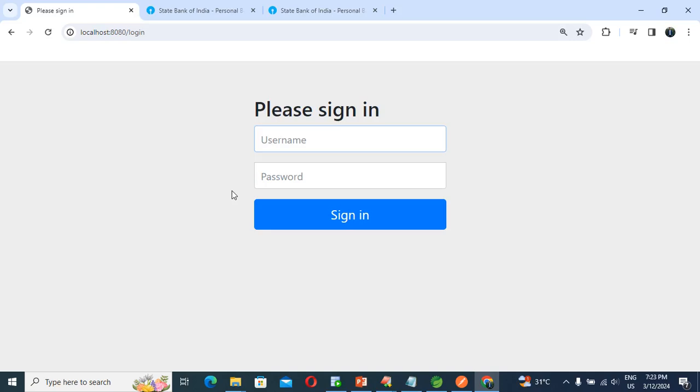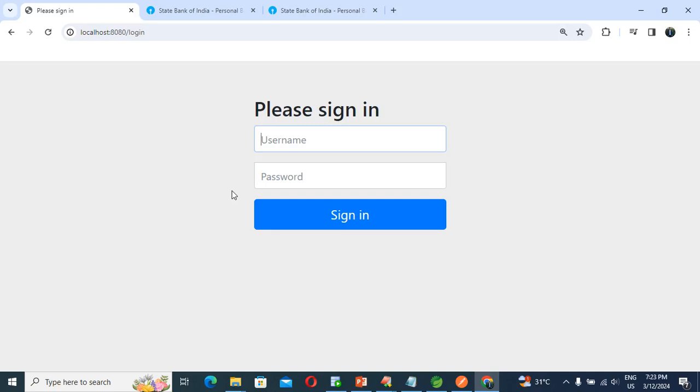So now let's start how to customize the security which is required for our project. In order to customize the security, I am going to write some configuration. For that purpose, I am creating a class called SecurityConfig. You can give any name, but as per the naming convention, I am giving SecurityConfig. I am creating one class, and the name is